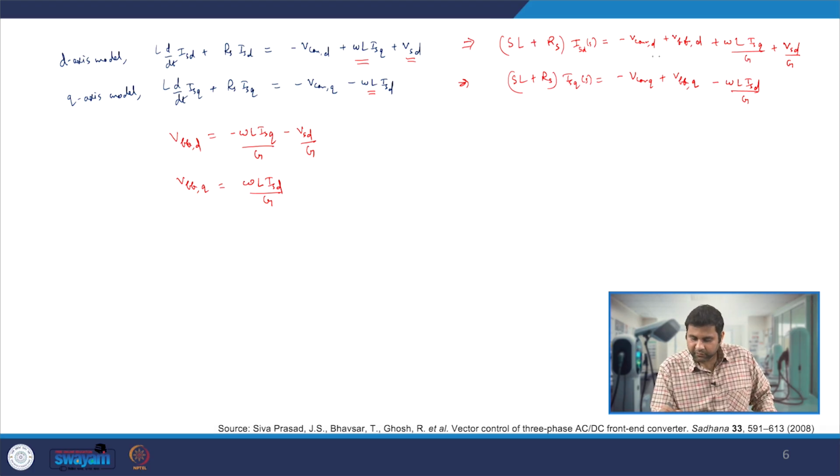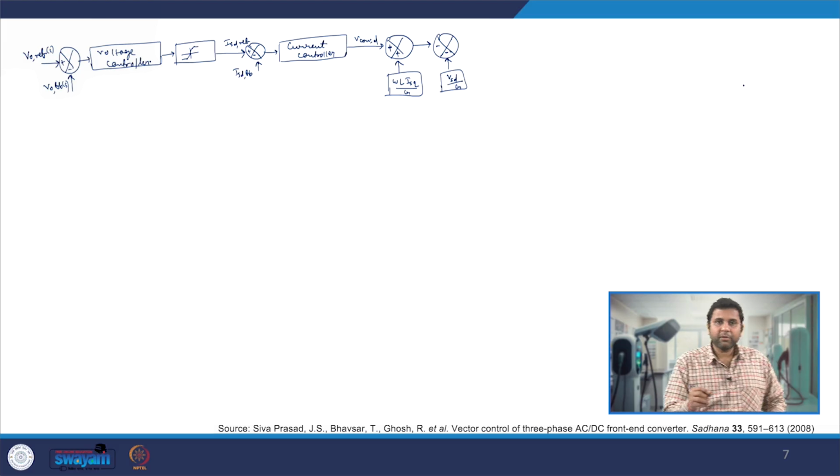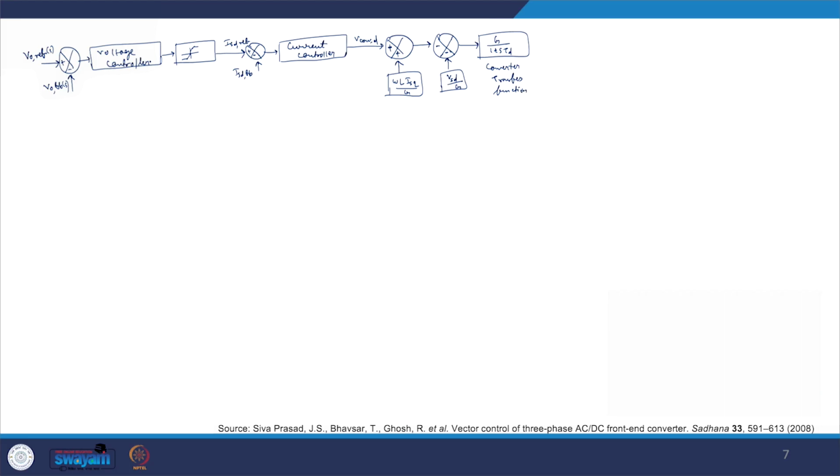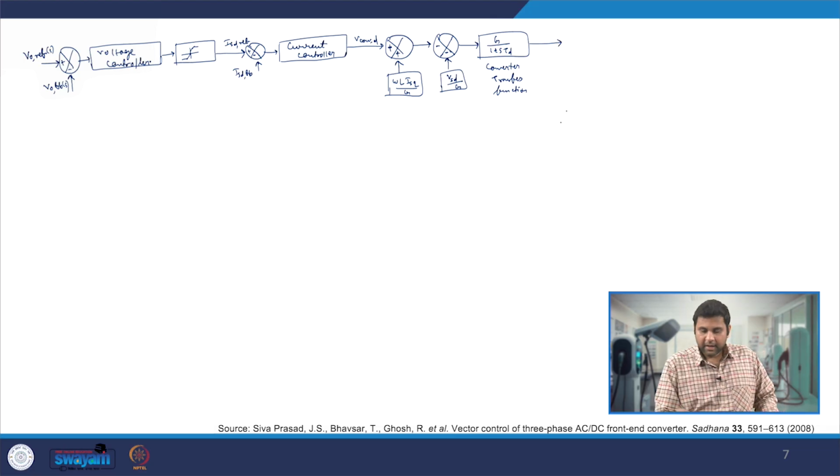So, this is the feed forward term which we are applying, this is already there in the model. Because of adding this feed forward term, this all will get cancelled out. So we will leave that apart, and this will finally be going to the converter G by 1 plus S TD. This is the converter transfer function or 3-phase half bridge transfer function.